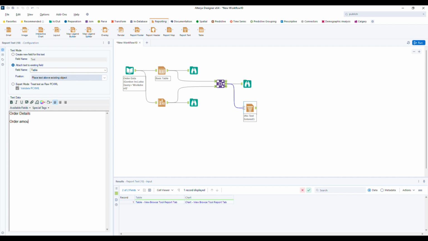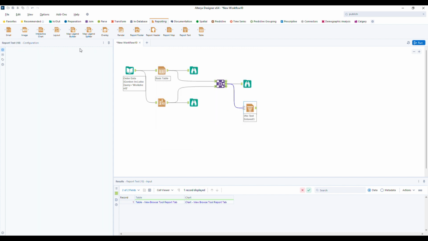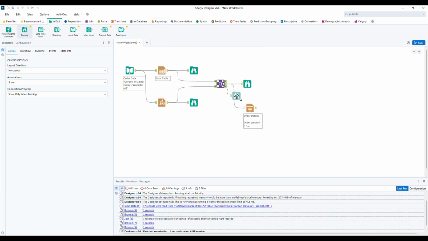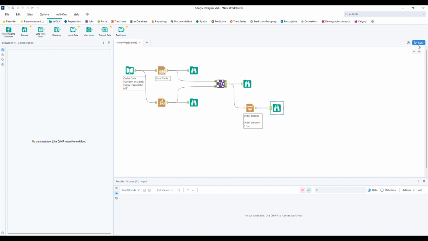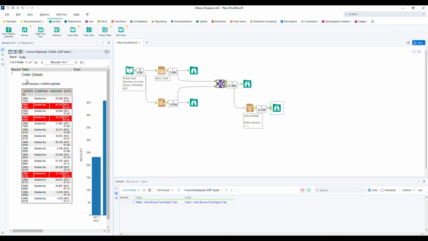Here I'm giving: order amount greater than or equal to 30,000 are highlighted. That I'm also giving as a description. You can adjust the font, color, and everything. Once this is ready, again use the browse tool and click on the run button and see the output. See, now the title got added to this table.